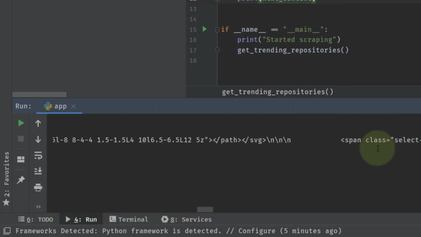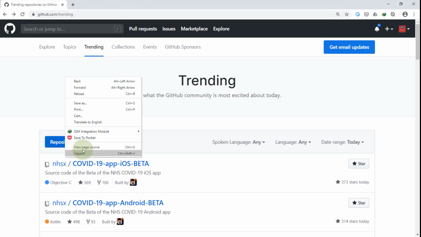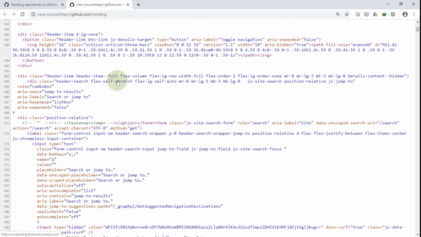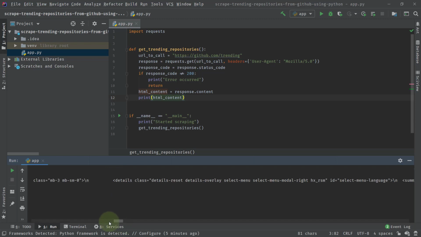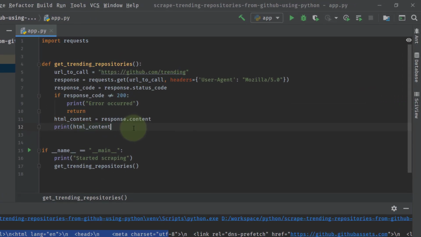This is in string format. The whole data which is present here, if I show you and go to view page source, is the HTML data that has come there. If you see the whole HTML data here, the same is printed here. So now we have got the HTML content. We will load this HTML content into our Beautiful Soup so that we can create a tree-like structure, an object model, a DOM model, and then we can query on it.